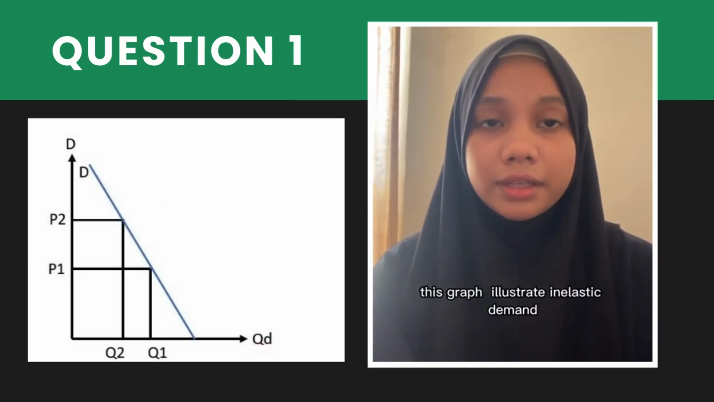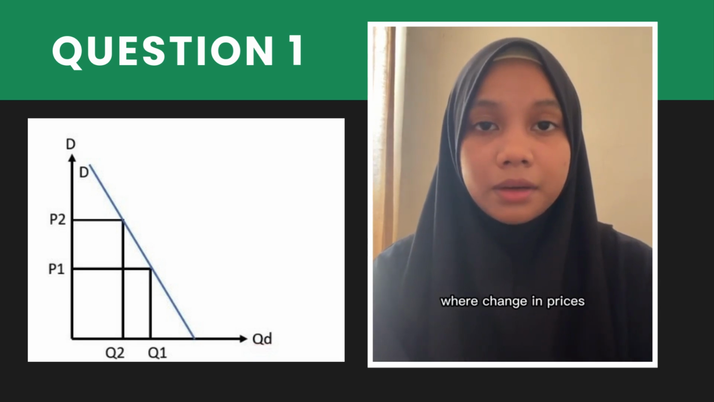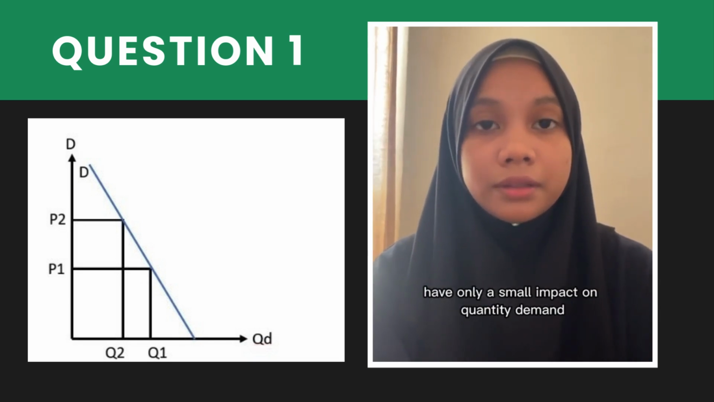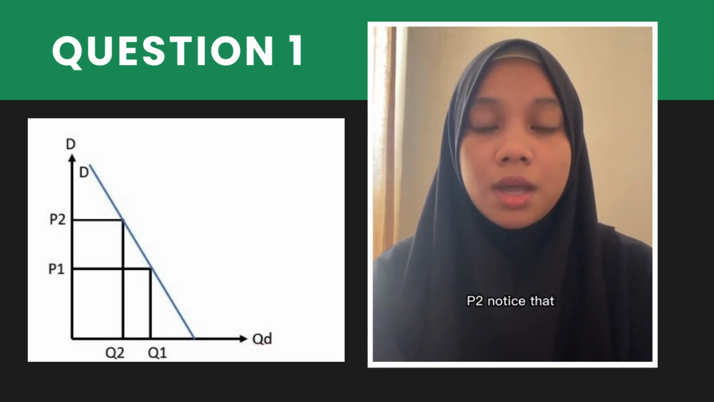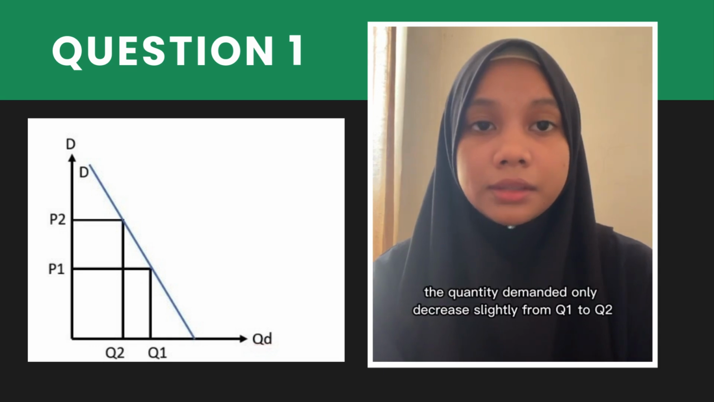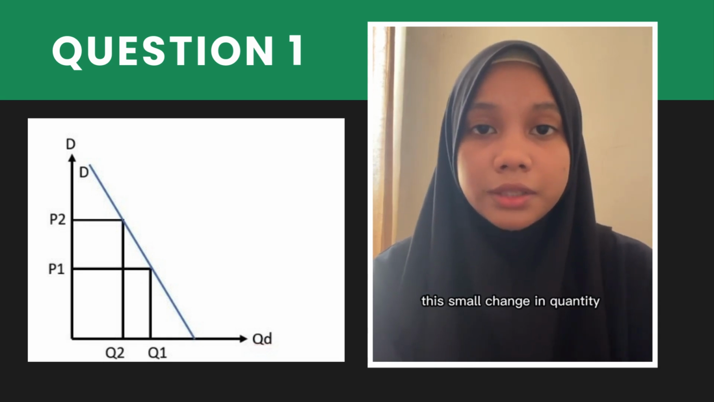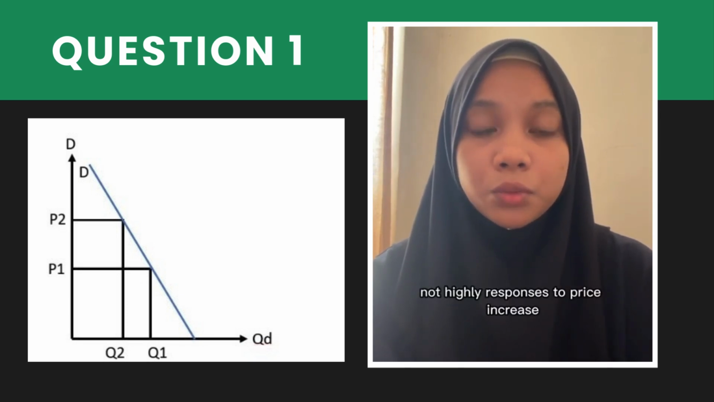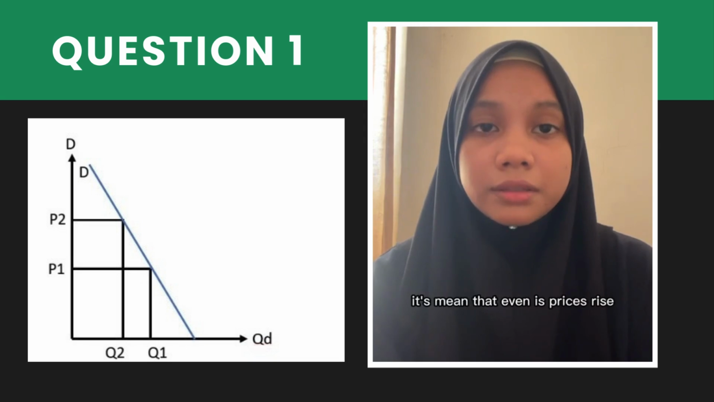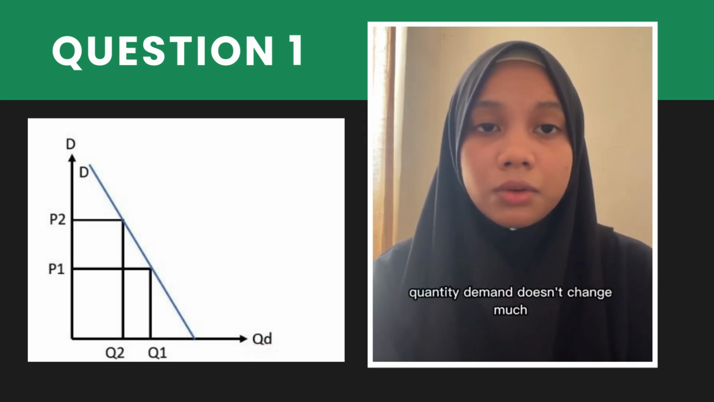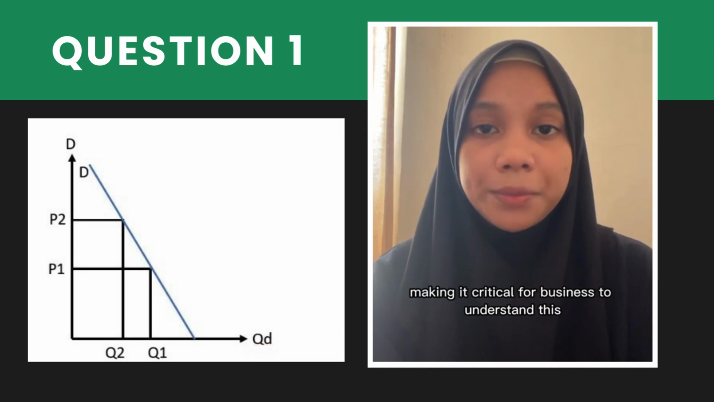This graph illustrates inelastic demand, where change in price has only a small impact on quantity demanded. So let me explain why this happens. When the price rises from P1 to P2, notice that the quantity demanded only decreases slightly from Q1 to Q2. This small change in quantity shows that consumers are not highly responsive to price increases. Inelastic demand is shown by a steep demand curve. It means that even if prices rise, quantity demanded doesn't change much, making it critical for business to understand this